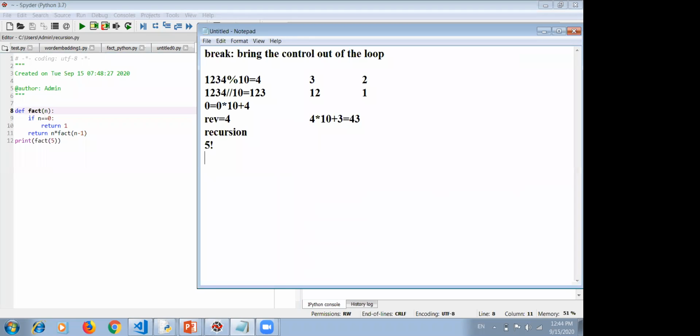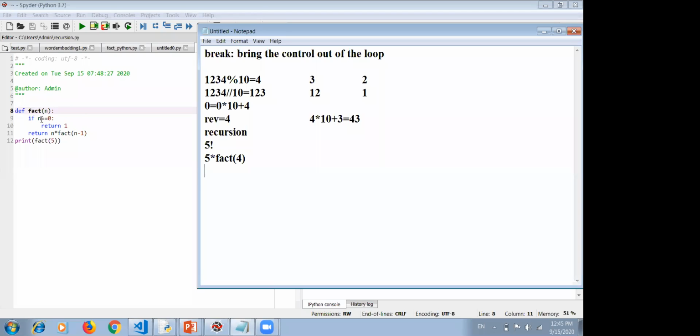It will call the function, and at this statement n is not 0, so this will not execute. It will directly come to this point, return n into fact n minus 1. Here n is 5, so it will return 5 multiplied by, it will call the function fact by passing n minus 1, that is 4. So when it calls fact 4, control goes here.